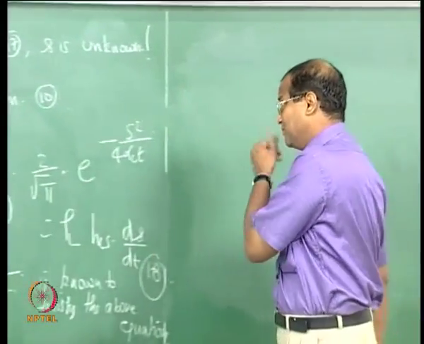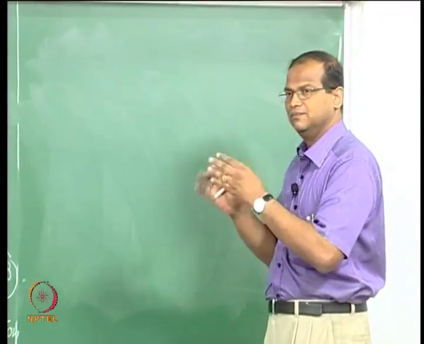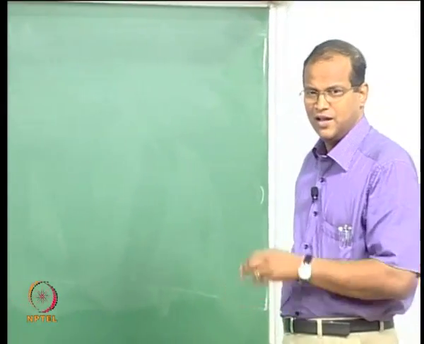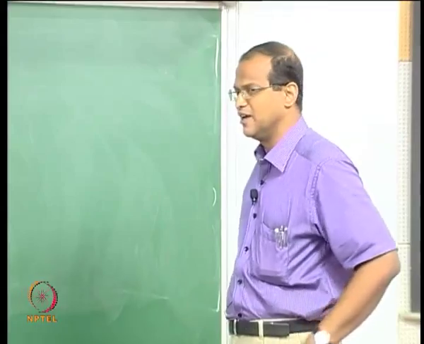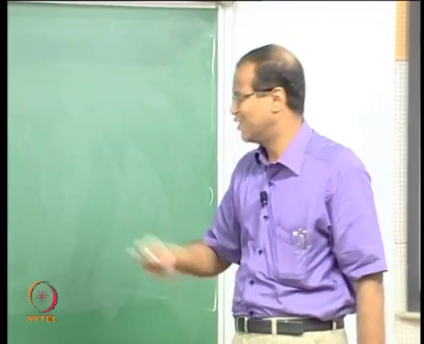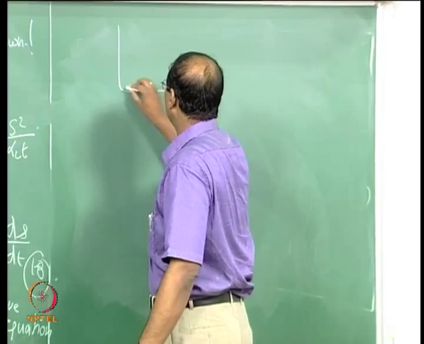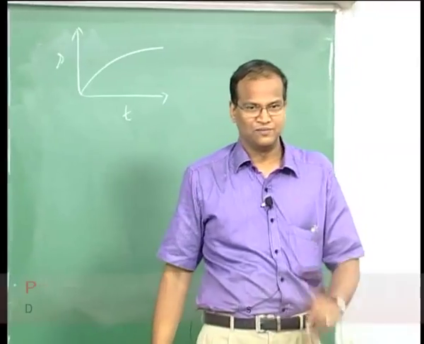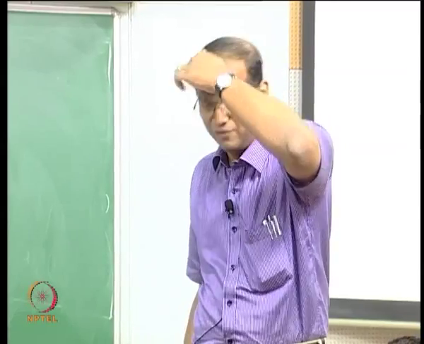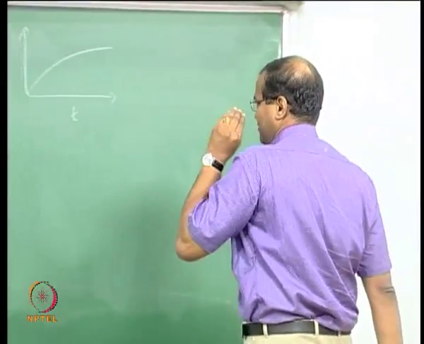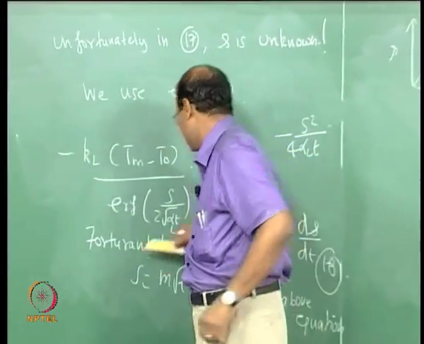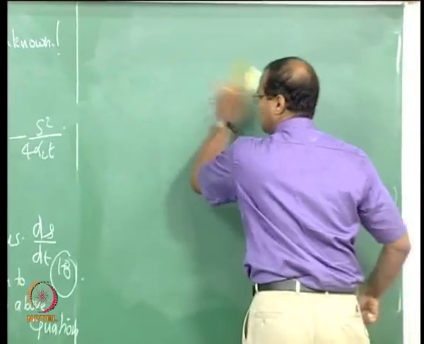Towards the end of the last class we came to an important step wherein we substituted the interface condition, then we got a very messy result, and I told you that it is known that S equal to m of root t, that is, the melt front goes as t to the power of half. That is the assumption. Now what is the guarantee that it goes as t to the power of half? I will answer that question, but before that, assuming that S equal to m of root t satisfies that, we can substitute it into this equation 18 and proceed with the solution.